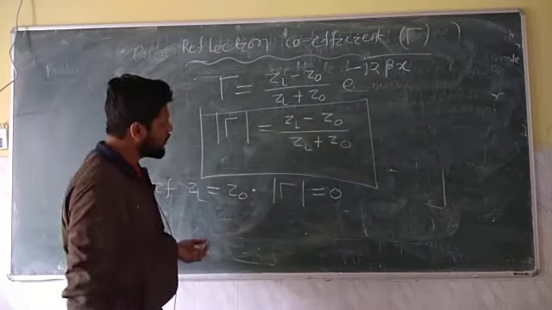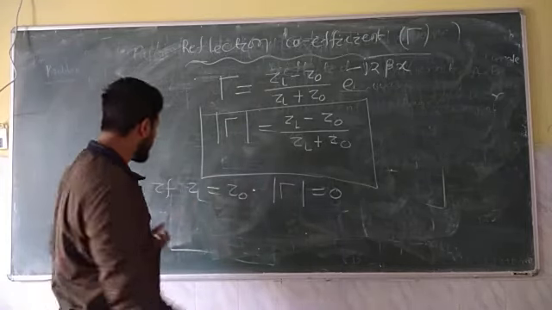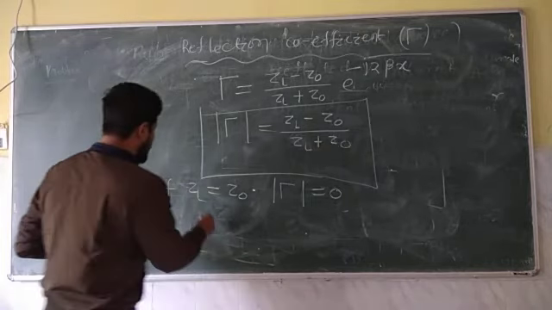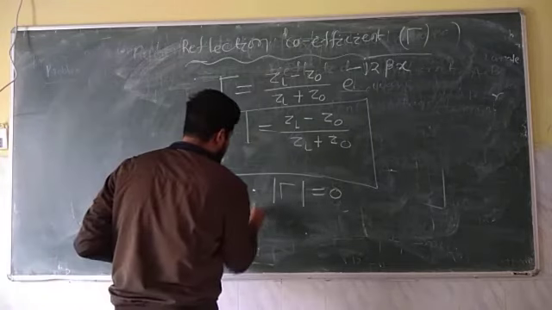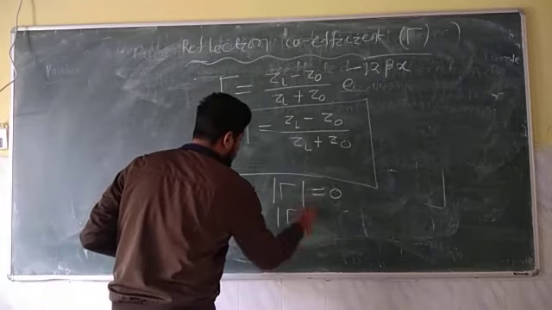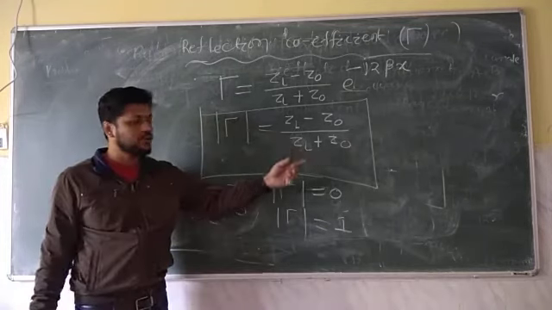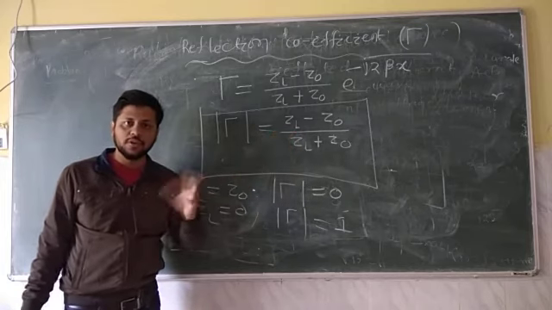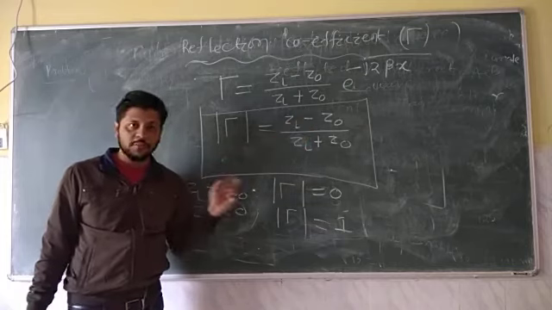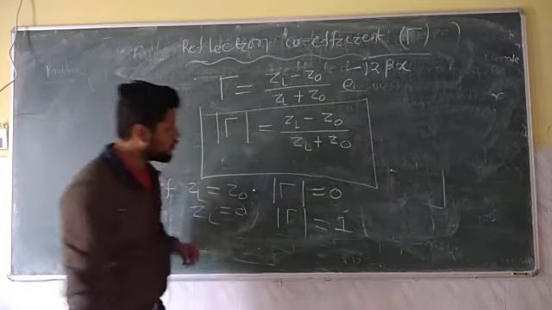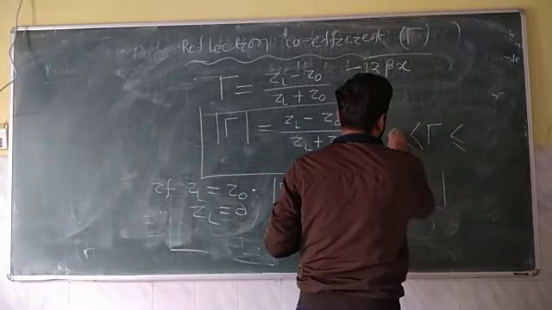What will be its maximum value? That is when ZL is short circuited, that is ZL is equal to 0, or ZL is open circuit. For that case, this reflection coefficient gamma is equal to 1. So put here ZL equal to 0. We have the gamma magnitude, and magnitude always gives you a positive value. So cancel out the minus 1 and the magnitude of gamma is equal to 1. So what is the range of this gamma? The range of this gamma is 0 to 1.